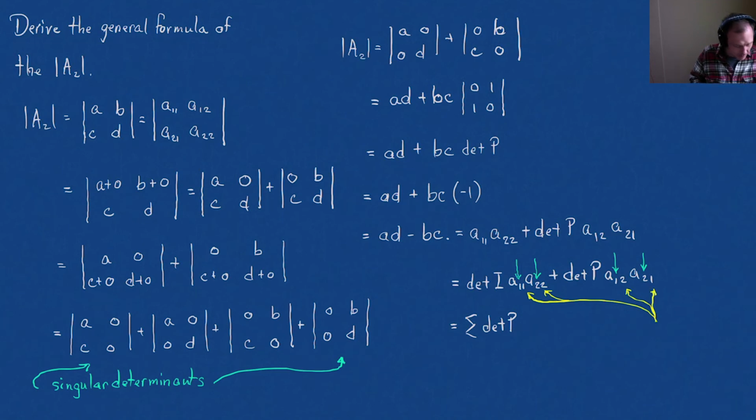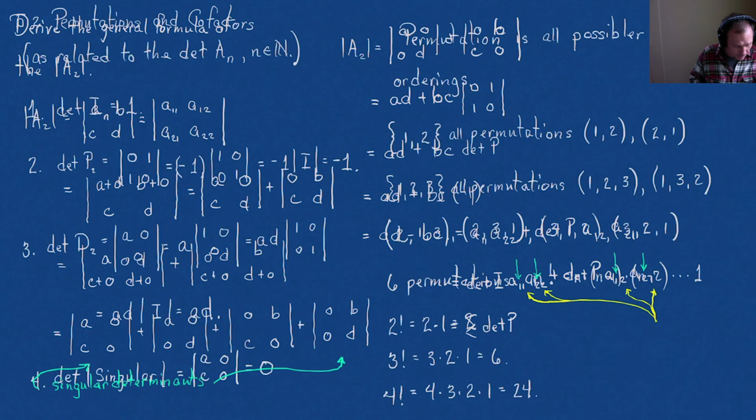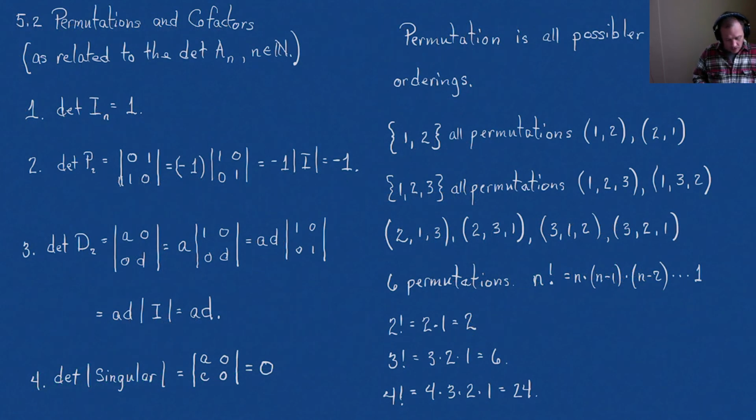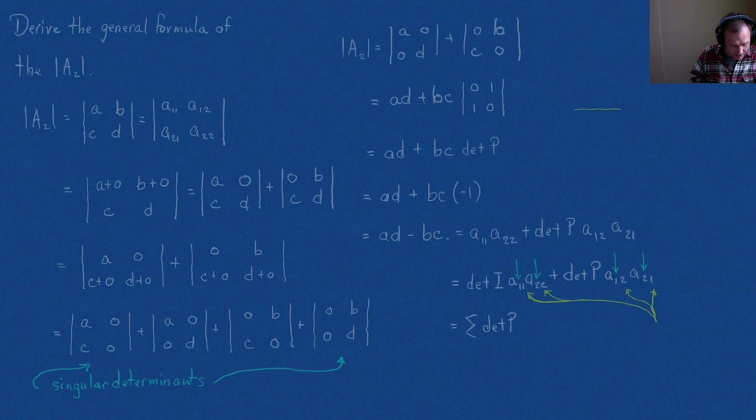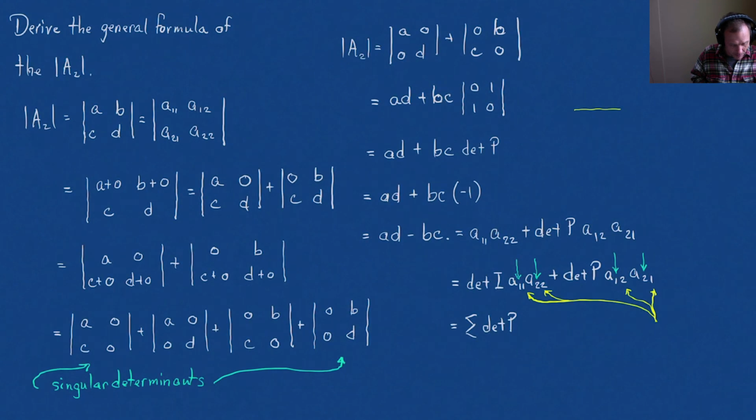Let me go back. 1, 2, 2, 1. Those are the permutations of the columns. And that's the same permutation set that we looked at earlier. So let me go back. So when I come back to what I had, then this is the determinant of some P times A1,